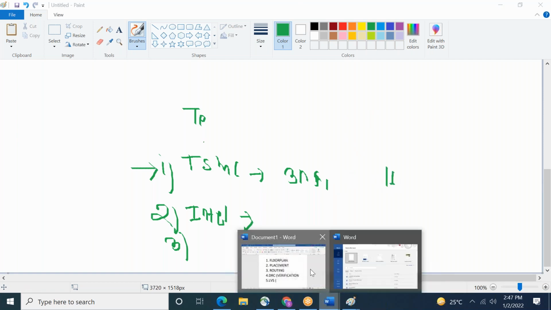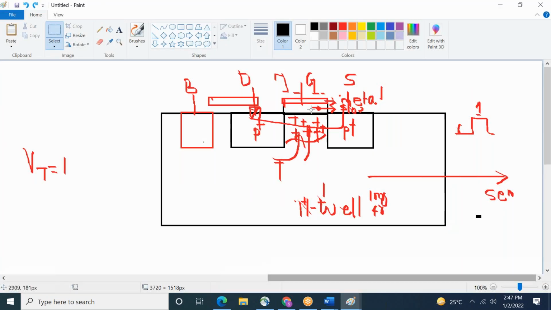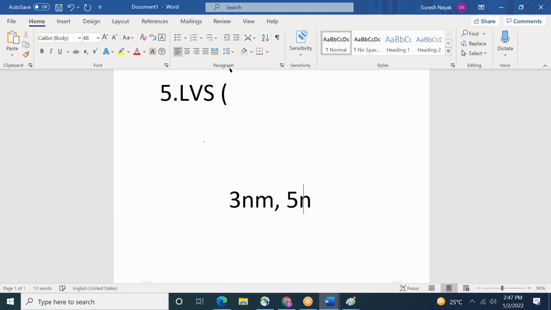Okay, I'll write this point. This nanometer means 10 to the minus 9. If you understand, this is the poly length. Some people do not understand what this nanometer is. This is the poly or channel length. So this nanometer is the design. You will get 3 nanometer, 5 nanometer already there, 7 nanometer.